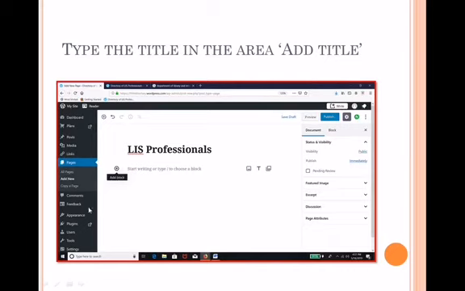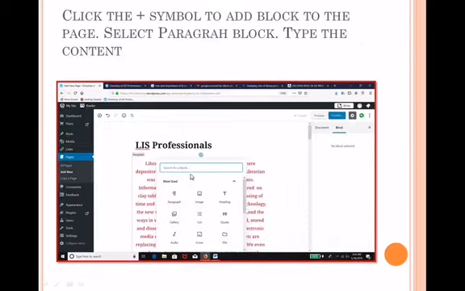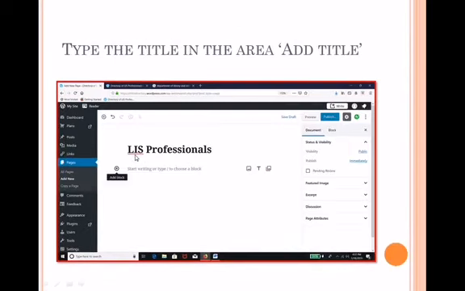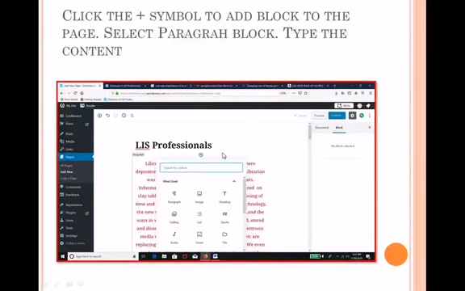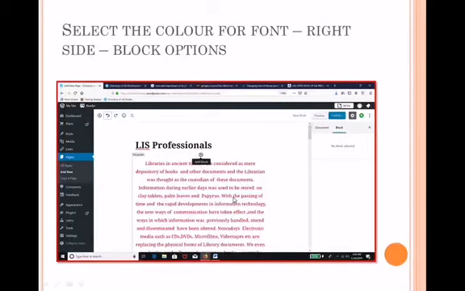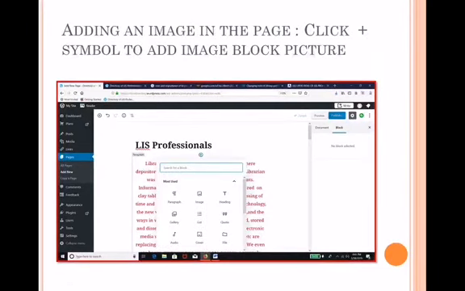You can type the things you like. Then if you click on this plus button, Add Block, you'll get many blocks like paragraph, image, heading, gallery, list, quote, audio, cover, file. Many such blocks are there. You can select any one block. I have selected paragraph and I started typing. After completing a paragraph, if you want to add one more block to this page, you can click Add Block and decide which kind of block you want.